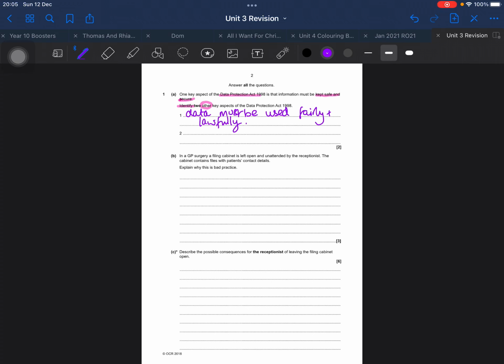And another one that we could have, not being able to be transferred outside the EU. So data must not be transferred outside the EU. And that's because outside of the EU they may have alternative legislation in place that maybe isn't as strong as ours, so it could leave you at risk of your confidentiality being breached or your identity stolen. Okay, 2 marks given. There are other things you could say, for example, not keeping it for longer than necessary,